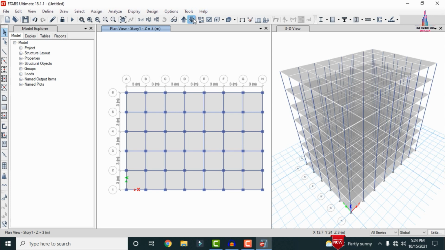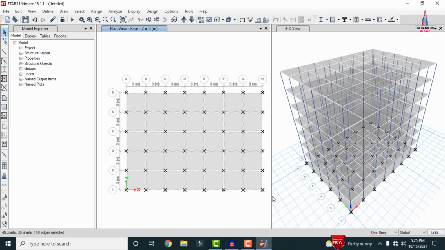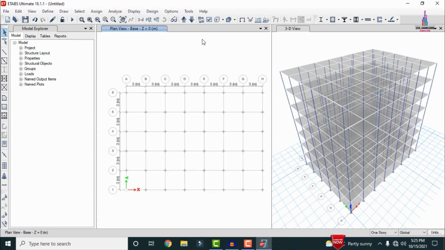Okay. Now we have to delete all the properties at the base section. For that we have to go to the base section and change the all story property to 1 story. Select this option, click on delete option so that it will delete property at the ground story. After that we have to apply the load cases for the building structure. For this building section, I am taking the load cases related to the dead loading condition, live loading condition, as well as the wind loading condition only.